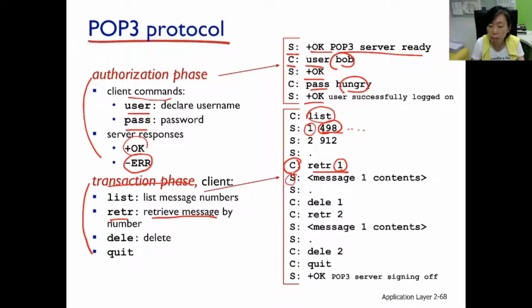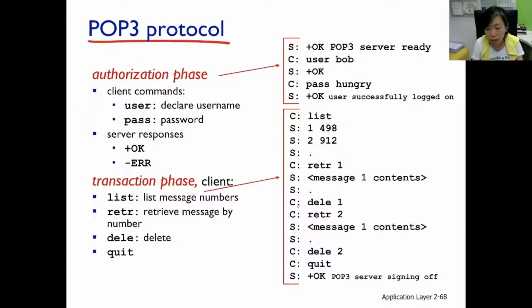Then the server sends back the actual content of the first email, and again ends with a period, and only one period in the whole message. Right? The client can actually delete an email that has already been read, or in case it's spam. All right, so DELE, very intuitive, being delete. QUIT, also intuitive, being quitting the session. All right, so retrieve an email, the server sends an email, the client deletes an email, retrieves another email, the server sends another email, and the client deletes yet another email. QUIT and then +OK, the server says goodbye. So that's an example of a POP3 exchange.